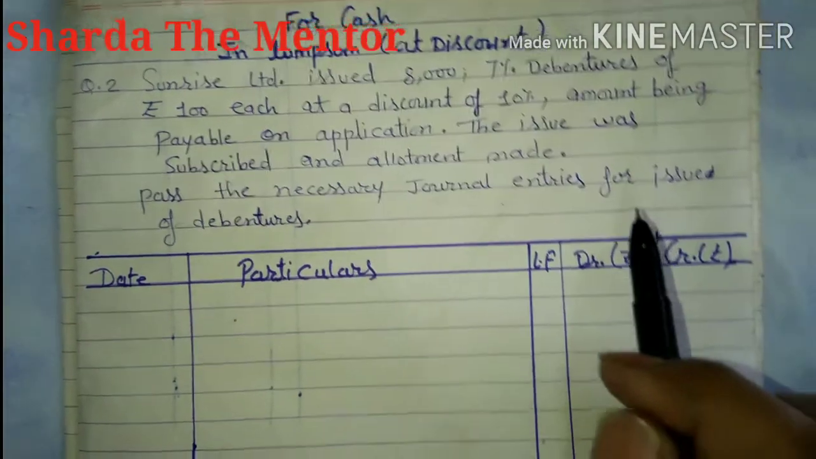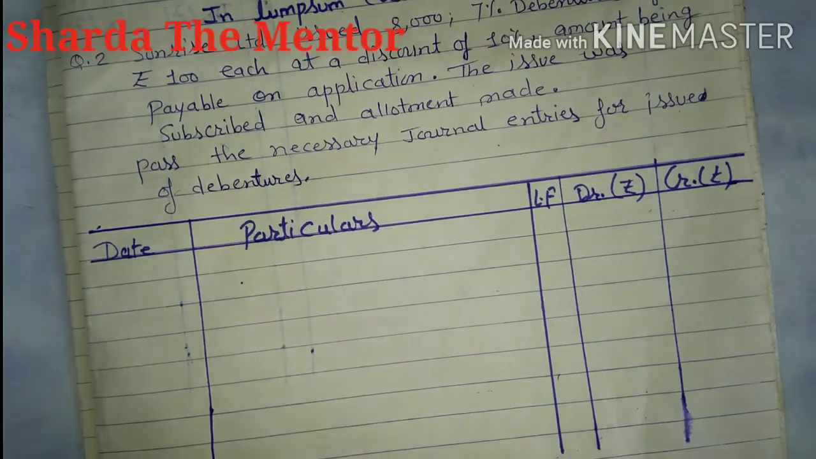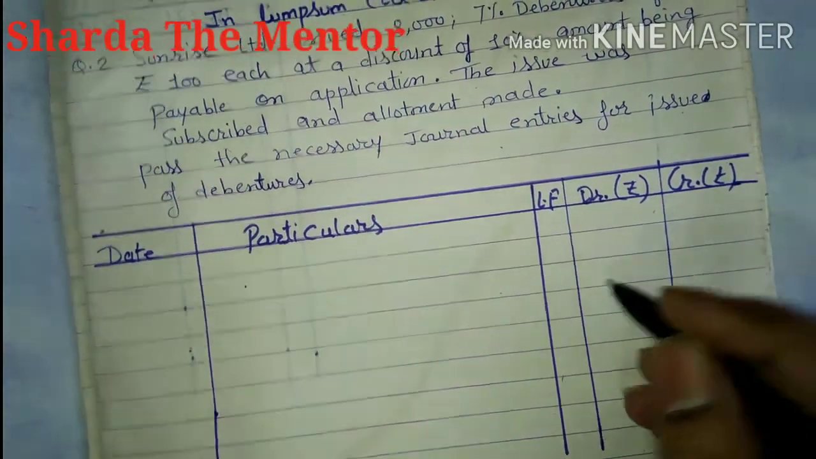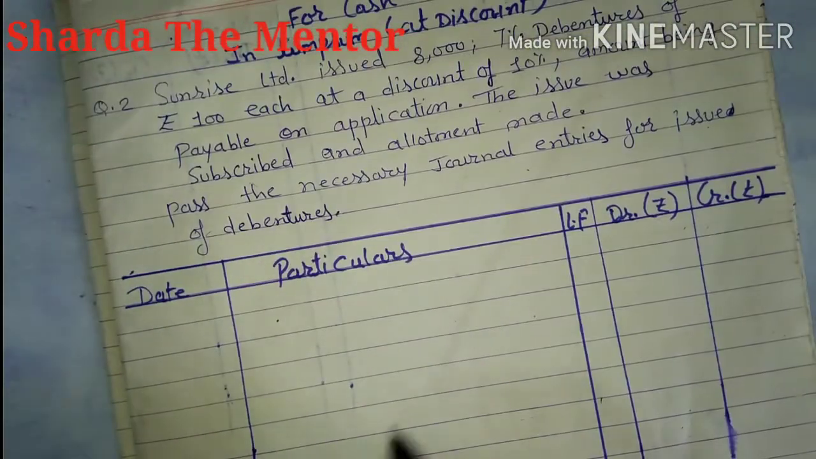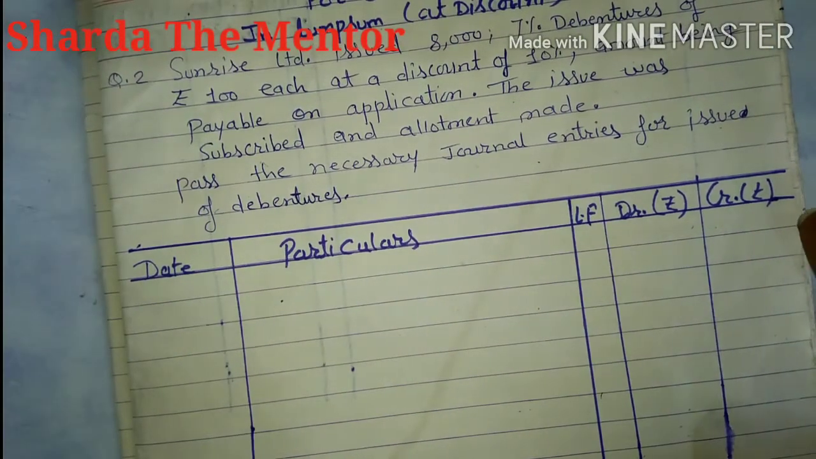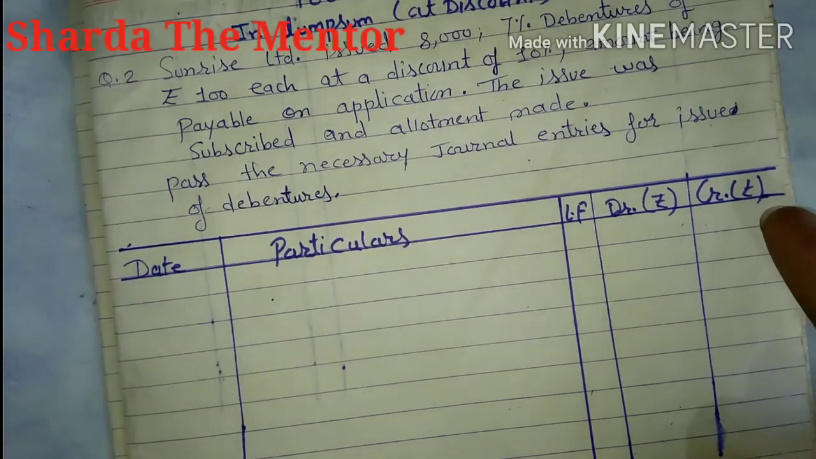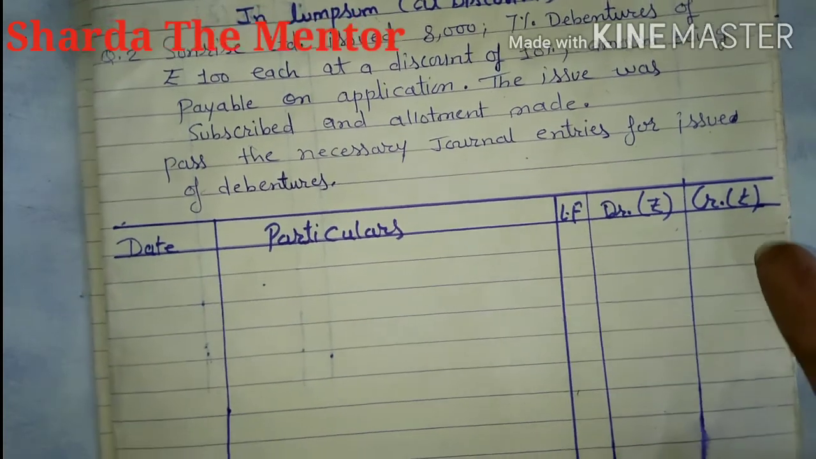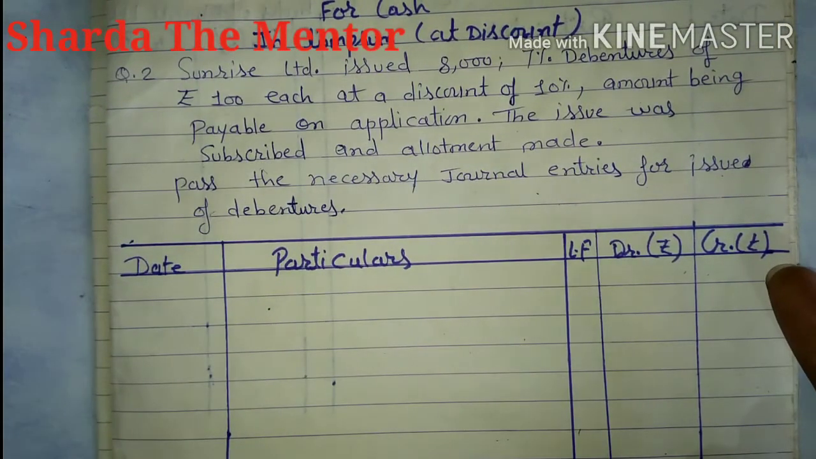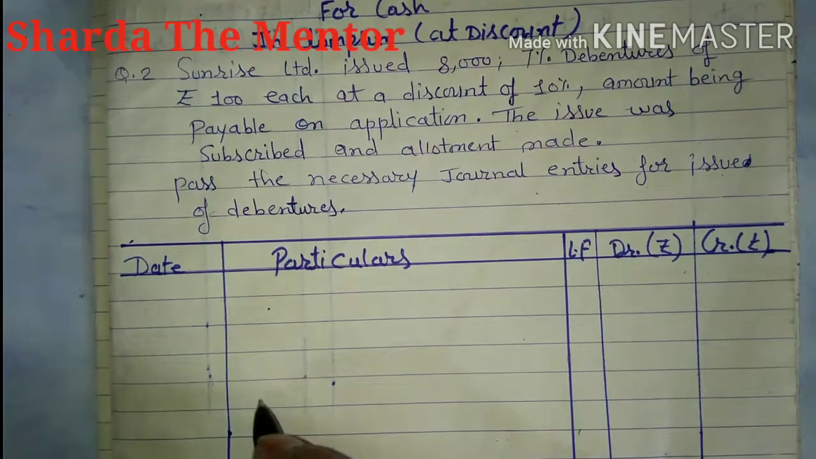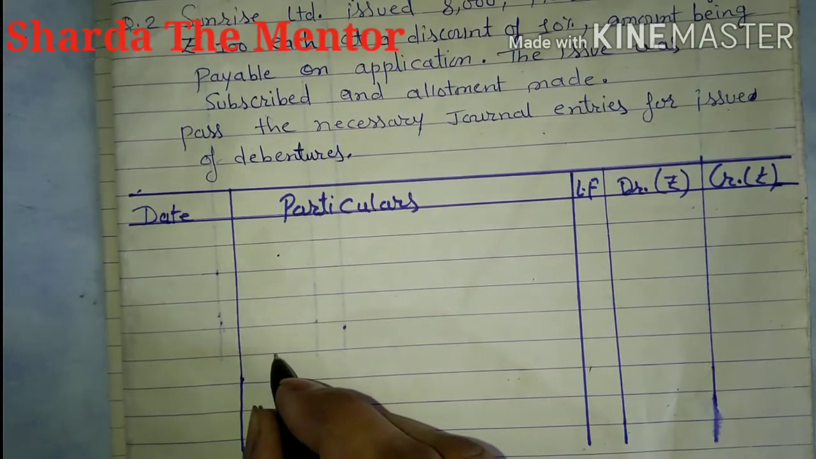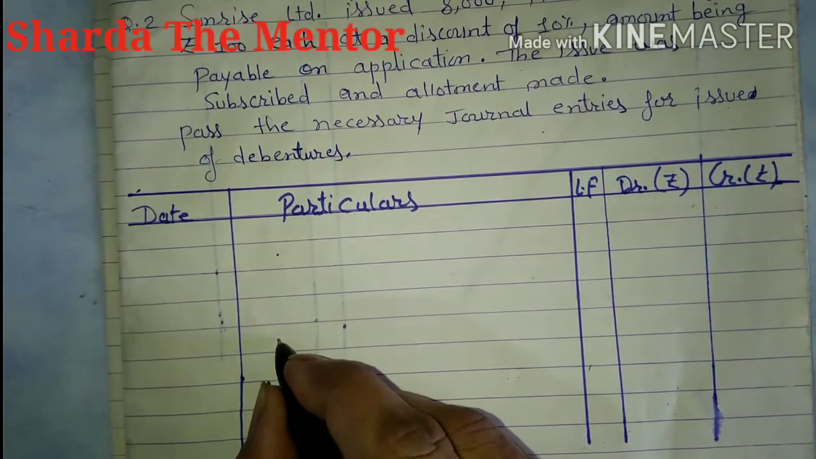10 rupees. So, first entry, the date is not given here. Before doing the first entry, it will be better to pass the second entry, because with the help of that you can know what amount will be transferred in the bank account, because you have to deduct the discount amount. Like, the second entry will be that debenture